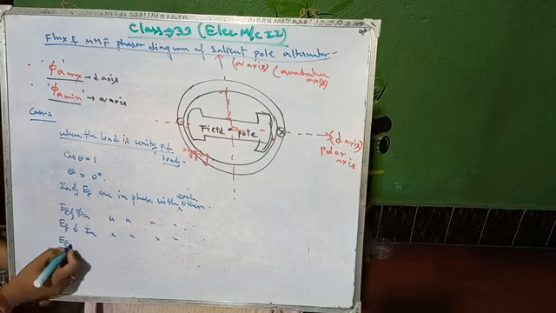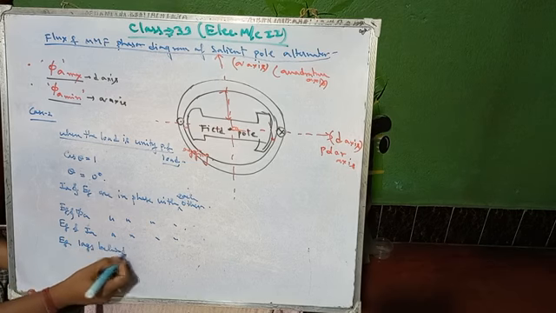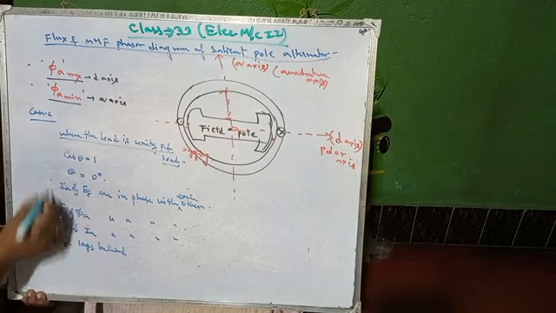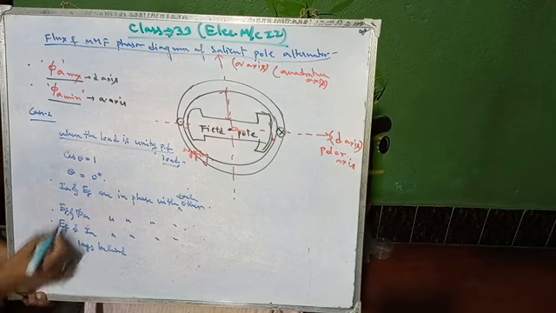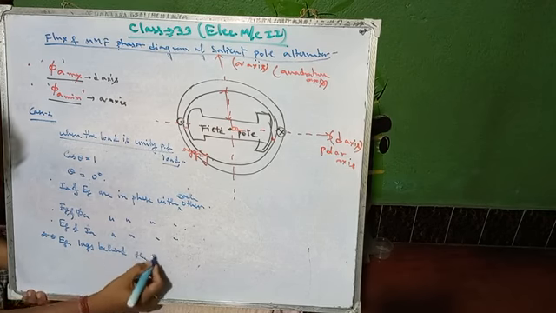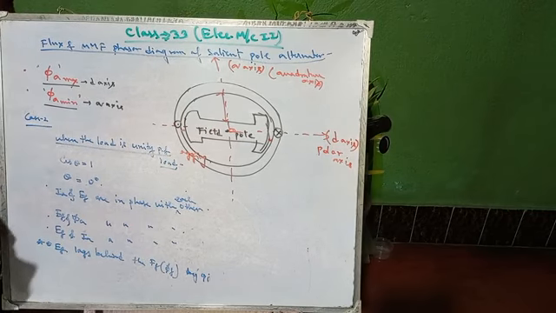This EF actually lags behind the voltage. This fourth point is common for all cases. So EF lags behind FF, and similarly phi F, by 90 degrees. Okay, so here the phasor diagram will look like this.